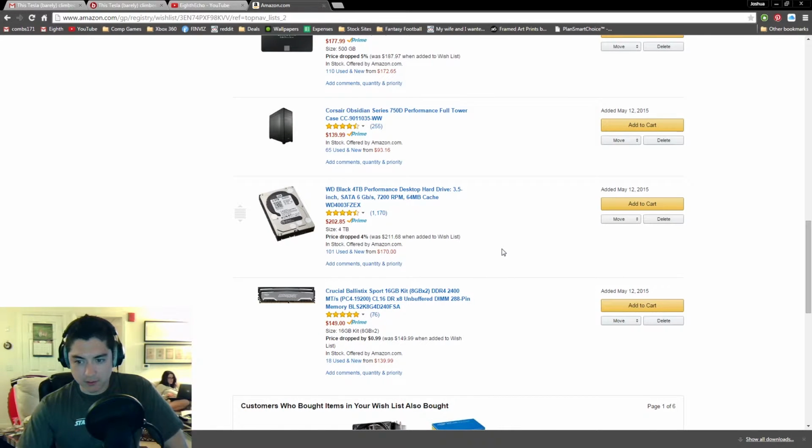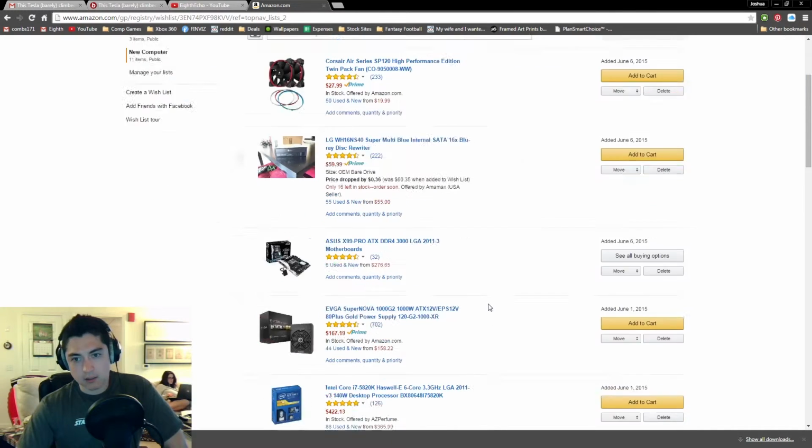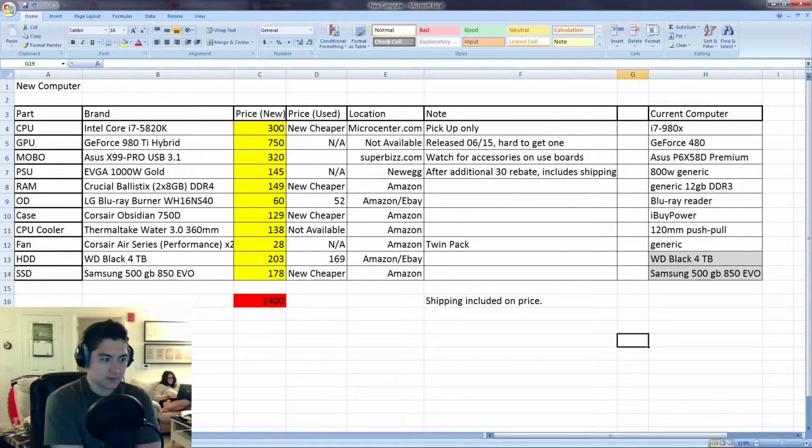I'm also going to run two 8 gigabyte sticks of RAM. They're going to be DDR4, of course. And that's it. I have a spreadsheet right here of the cost that I'm expecting to pay. These are the cheapest prices that I could find currently. I'm looking to get it sub 2,000,